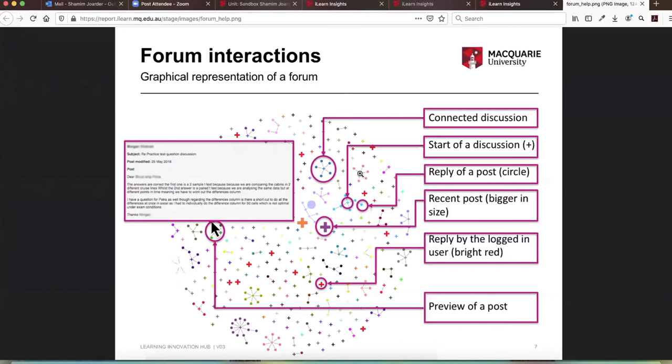And as you know, like this, it basically shows all the branches. So it gives you an overall, very quick idea, and you can go through all the forum posts if you want to go through it.